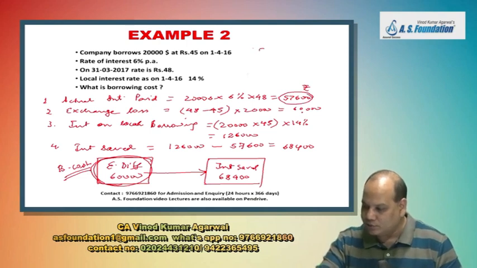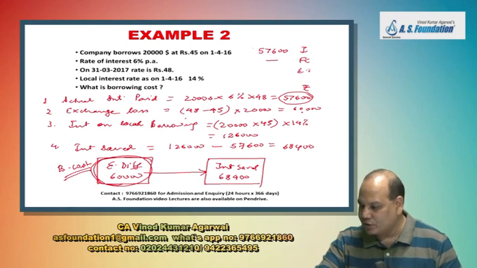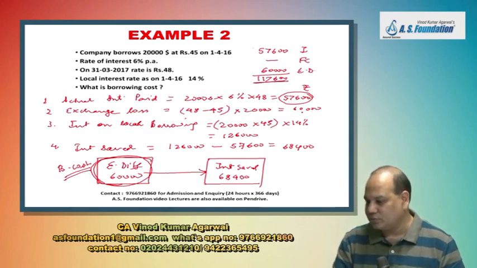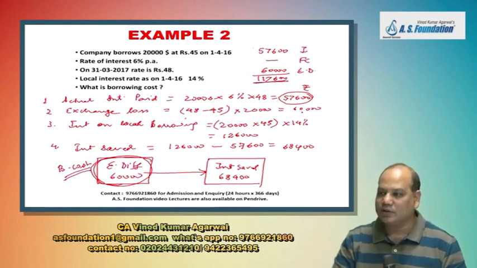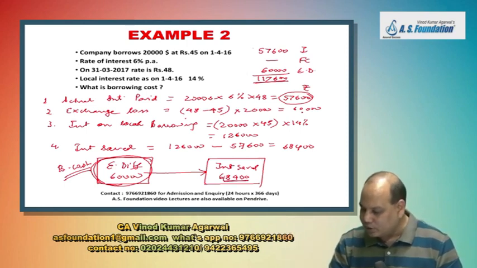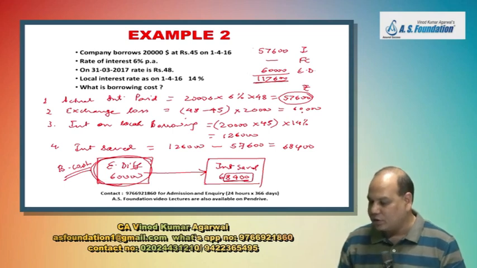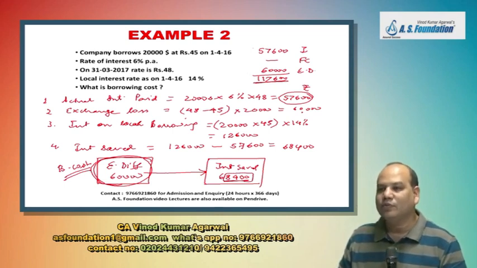So again my calculation, if they ask you what is total borrowing cost, sum of the three numbers. One is interest, finance charge under finance lease which is not there, exchange difference to the extent regarded as adjustment to interest cost. So my answer is 117,600. Okay. Then one question which students should not ask but sometimes they ask. What about the remaining interest saved of 8,400? What will you do?